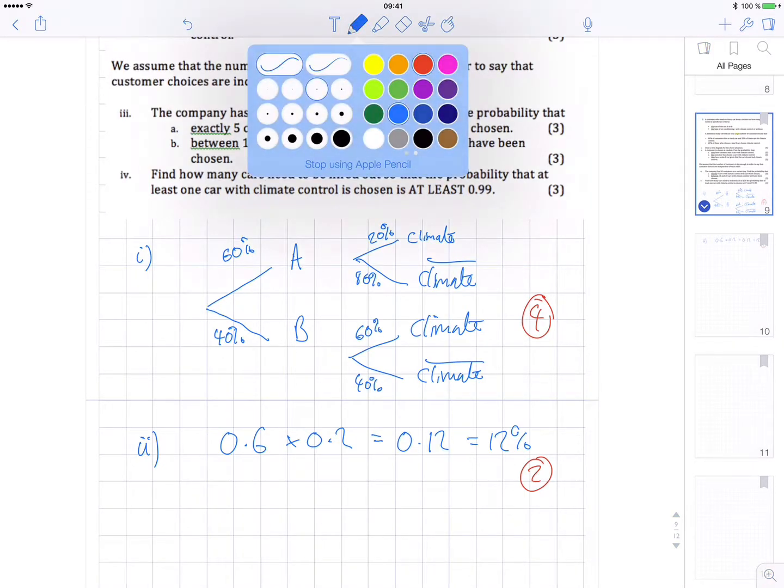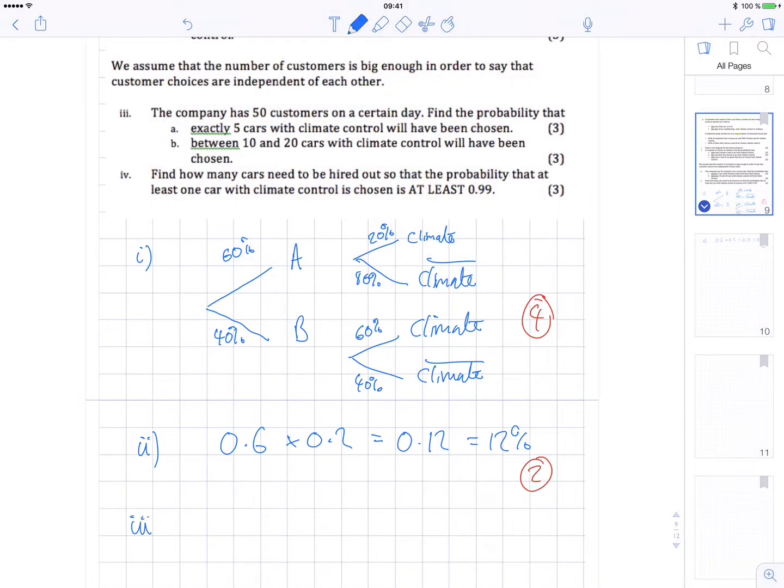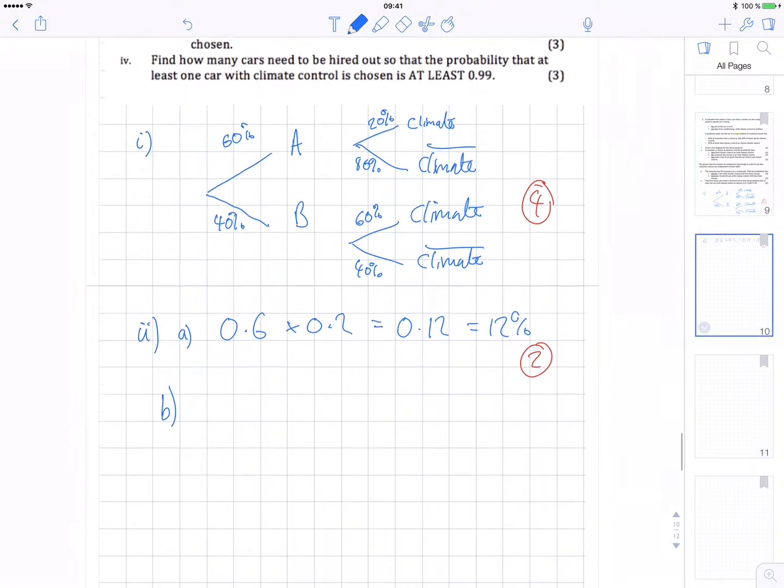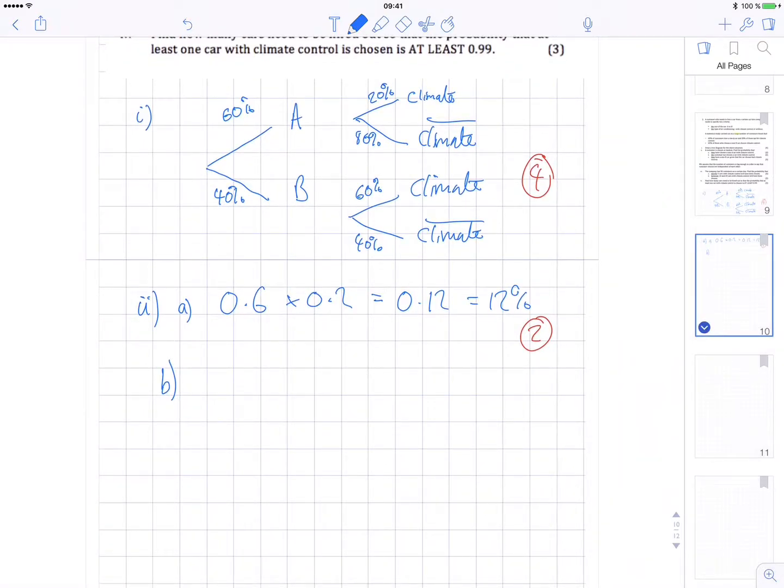Part 3. Oh, sorry, that's my mistake. As always, that's part A. This is part B. So part B, the customer has chosen a car with climate control. So we can have the probability of A intersection climate control